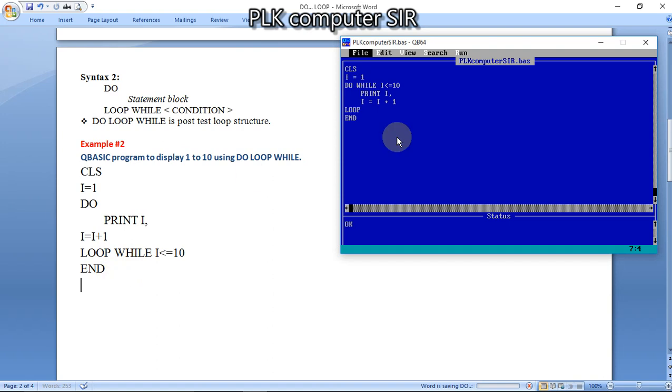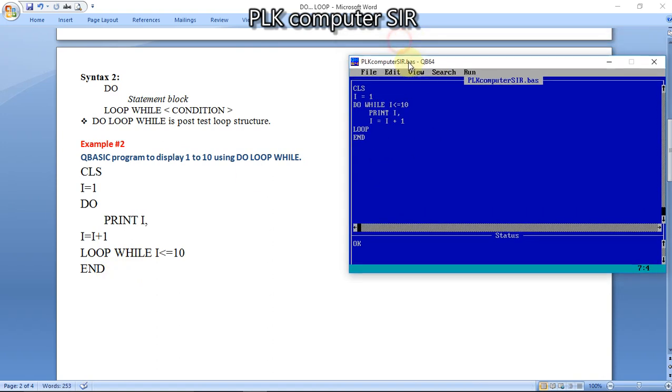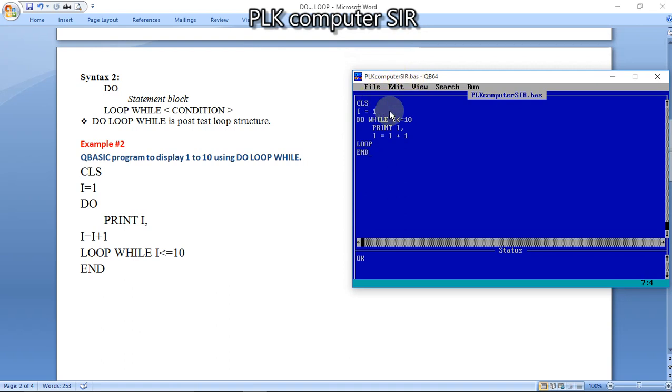By one example I'm going to explain this one, my dear students. If we modify this program by do loop while, what do we have to write here? This is the initialization.